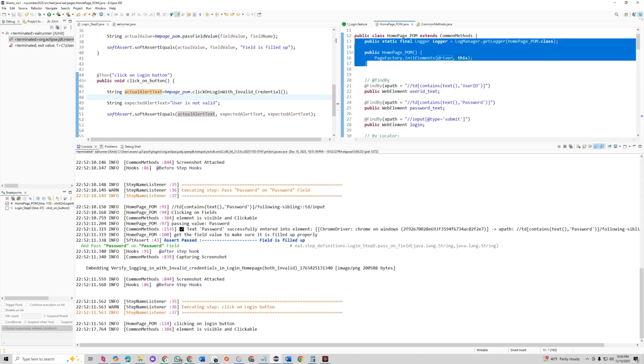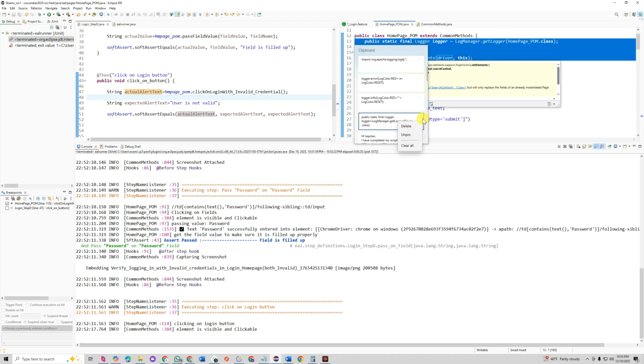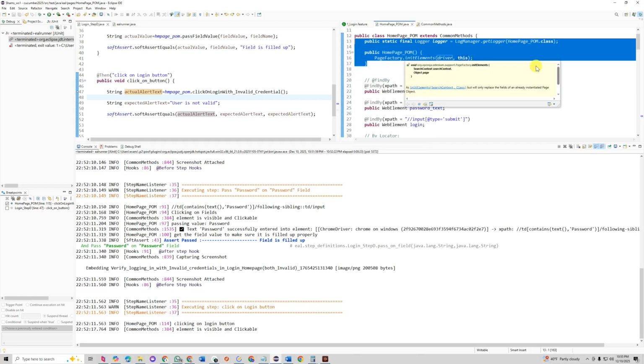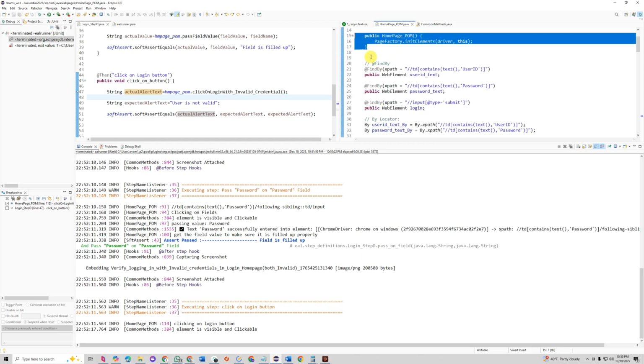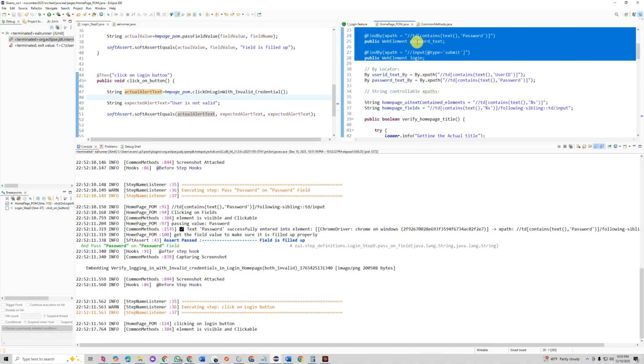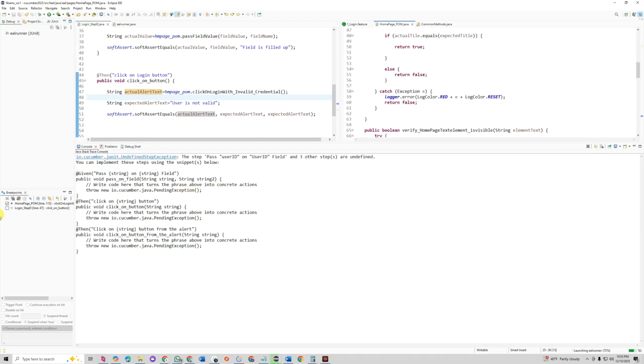So I am copying this logger, pinning it for any other class, and removing the old logger. Clear all. Removing the old logger, because this one we definitely put when we create a page object model, right? Or any pages. So this page factory constructor will be required to initiate or to assign the value to these variables. So now if you do the execution,